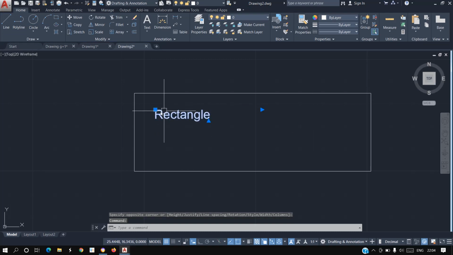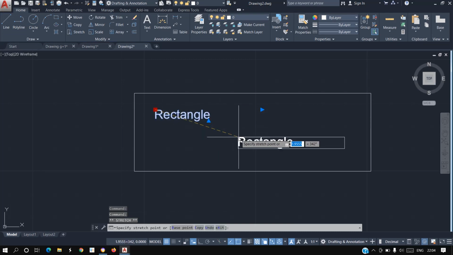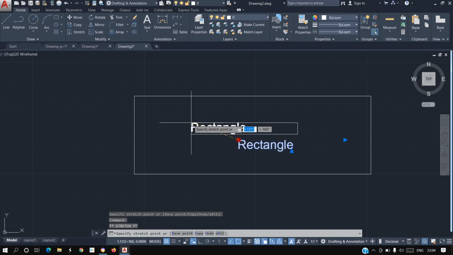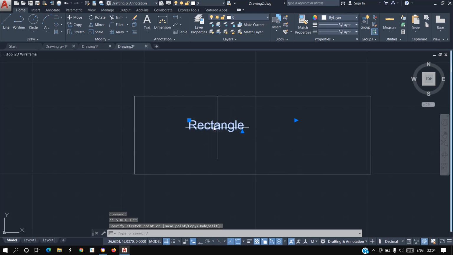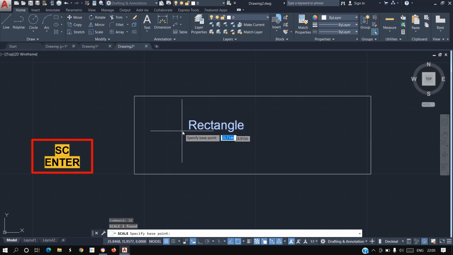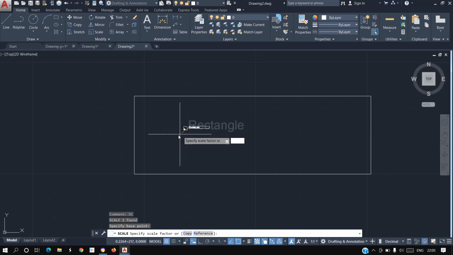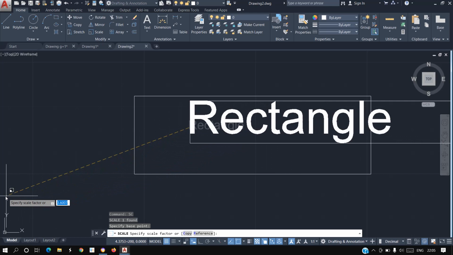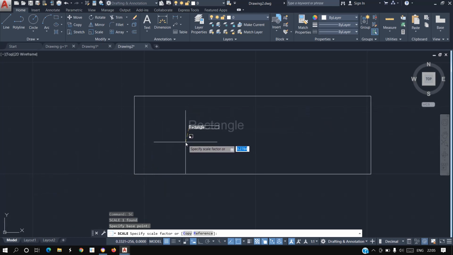You can move this name wherever you want. Also, if you want to increase the scale, as we learned, type SC, enter, specify a point and increase the scale, or you can decrease it.